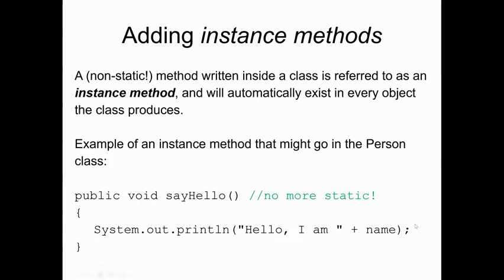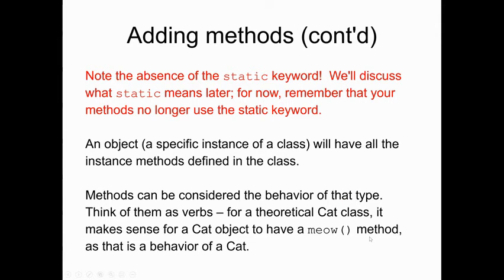Adding instance methods. A non-static method written inside a class is referred to as an instance method and will automatically exist in every object the class produces. An example of an instance method that might go in the person class might be public void sayHello. Notice that we didn't include the word static. We have a print statement that says, hello, I am name. Note the absence of the static keyword. We'll discuss what static means later. For now, remember that your methods no longer